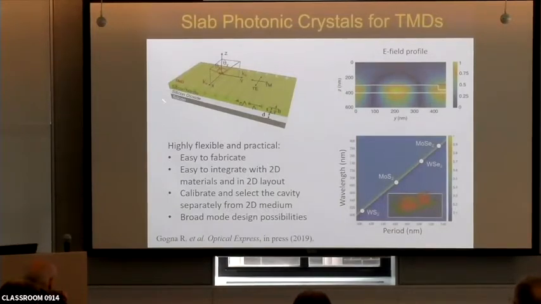Even just taking a 1D grating, we can use the guided wave resonance mode of this grating as our cavity mode, and put the 2D material simply on top of it. The field is evanescent outside of the grating, but within 1 nanometer, it's still very strong. So it couples very strongly to the 2D material. And of course, we have even greater designability with a real photonic crystal mode. Here's just an example: you can simply change the period of the grating to have the resonance couple to all 4 commonly studied transition metal dichalcogenides.